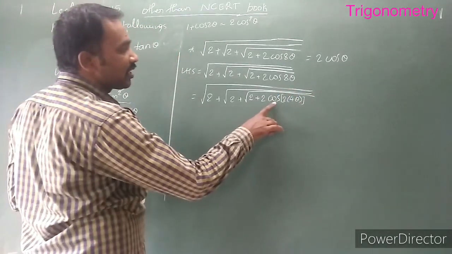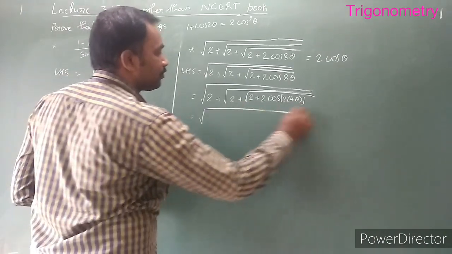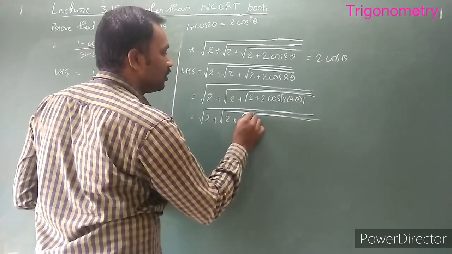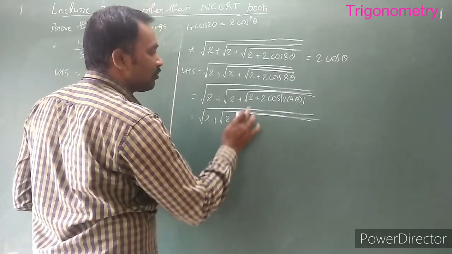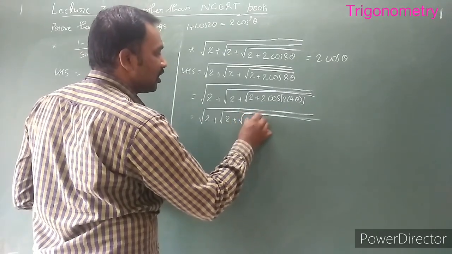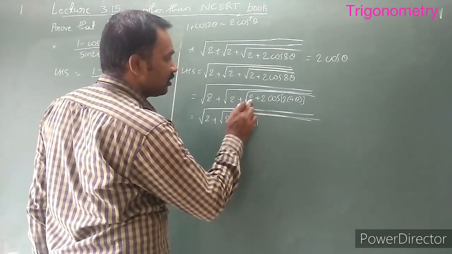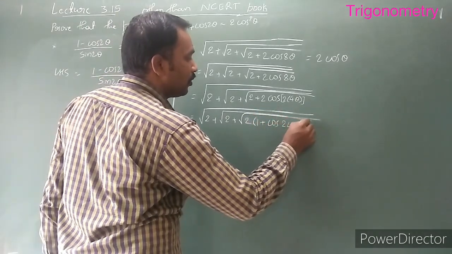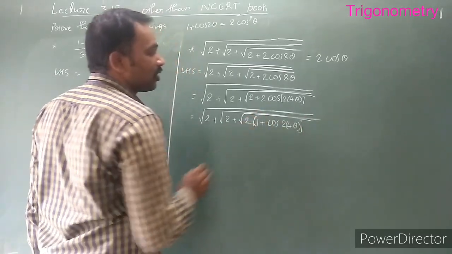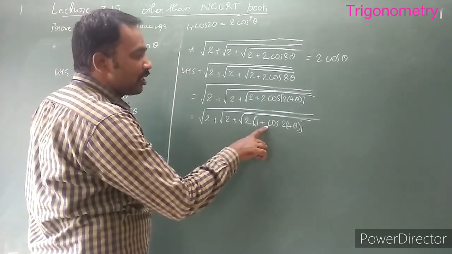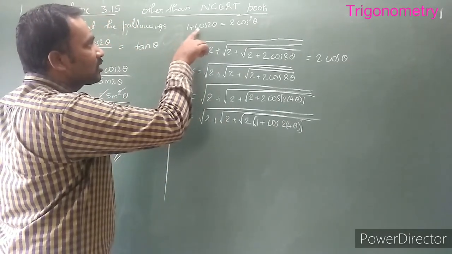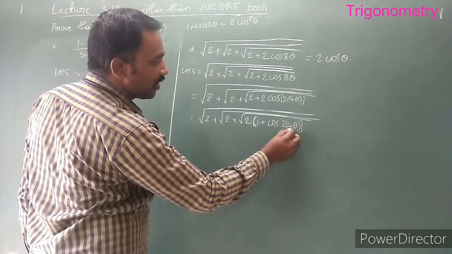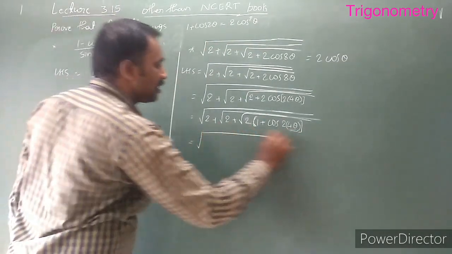Now which is of the form, check it, cos of 2 theta. Here 2 plus root of 2 plus root of 2 plus, or else 2 is common. Here also 2, here also 2. If we take 2 common, what is left? 1 plus cos of 2 into 4 theta. Okay, so what is 1 plus cos 2 theta? It can be written as 2 cos square theta. In place of theta, the value is 4 theta.